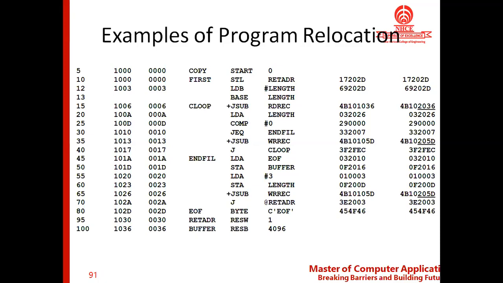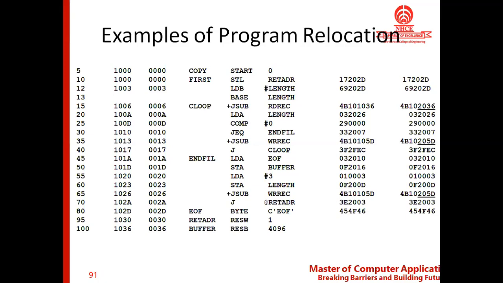If you look at line number 15, the object code is mentioned as 4B101036. This is the object code. And as you can see, the RDREC value is 1036. So this is the one which needs to be changed. But in format 4,